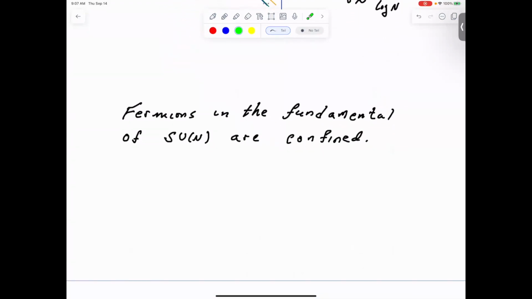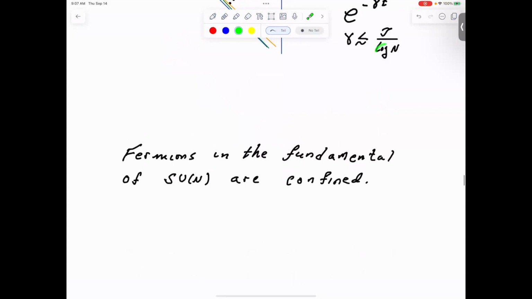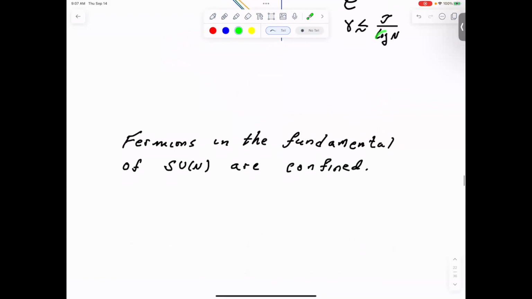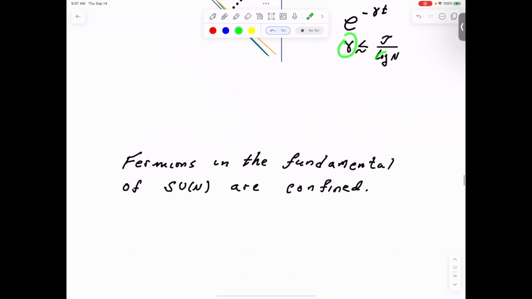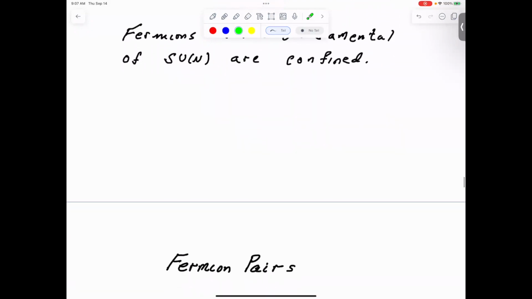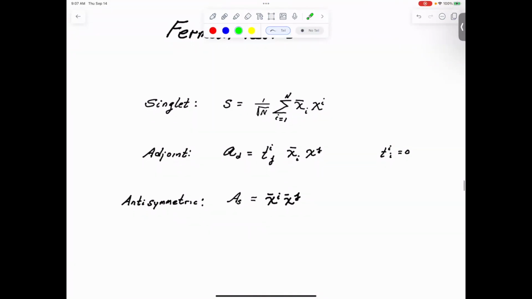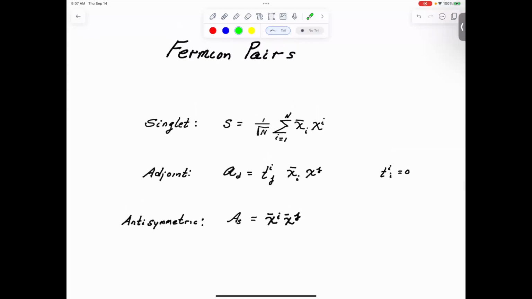We've seen that the fermions, which are in the fundamental of SU(N), are confined. There was no log n for them. The decay rate for them was just j. They are, therefore, confined. Let's come to fermion pairs. Fermion pairs are clearly interesting for us. Fermion pair, now I mean, I could mean a fermion antifermion, or I could mean a pair of fermions or